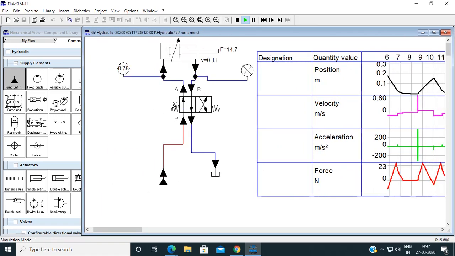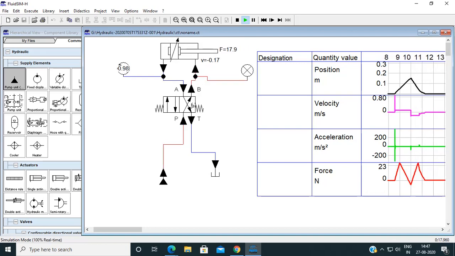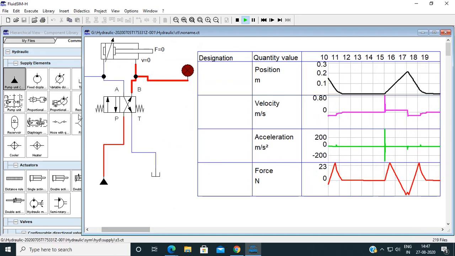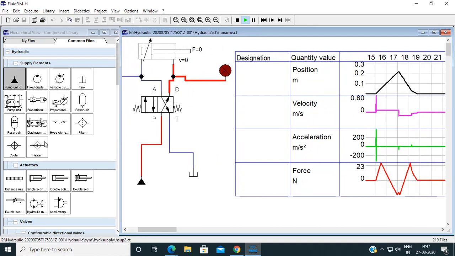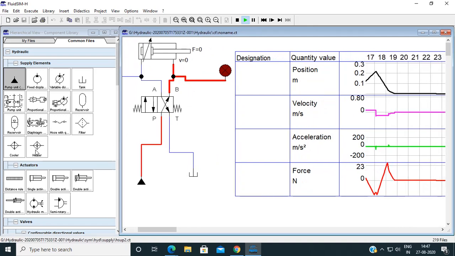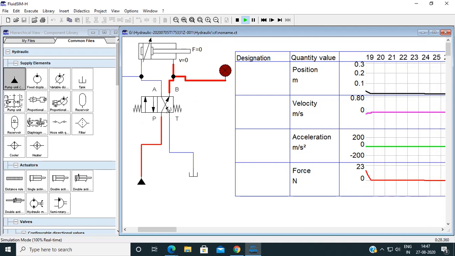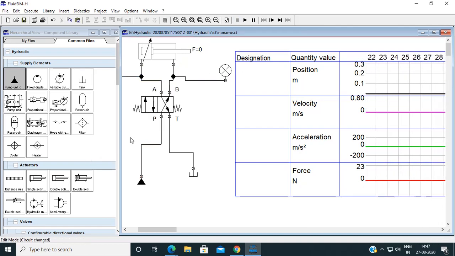Here you can take the readings. So these are the basics of FluidSim. By selecting the proper components, you can construct the circuit. The remaining part we will see in another video. Thank you.